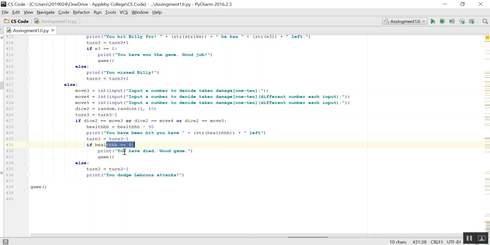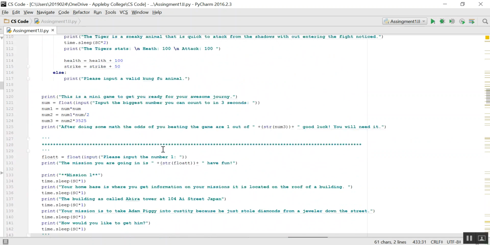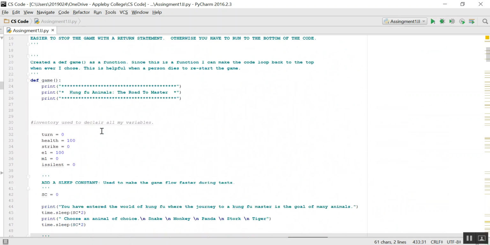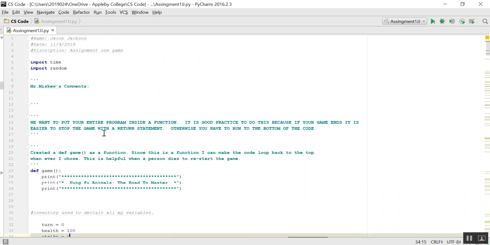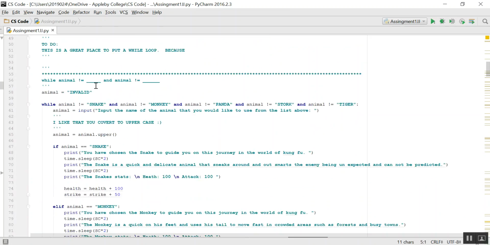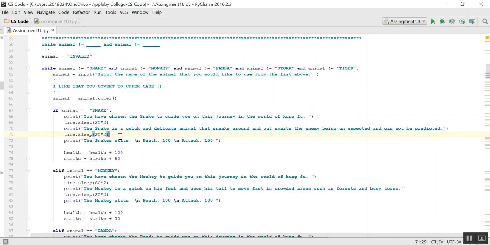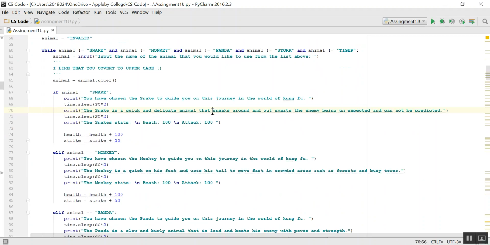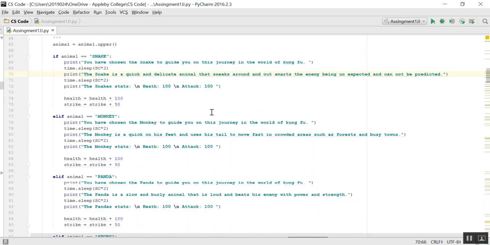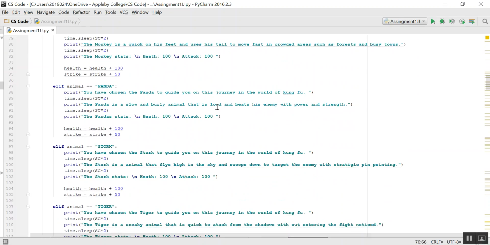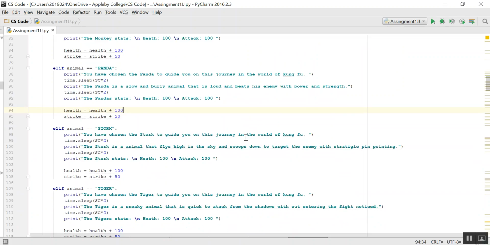So say if health is 0, you've died, good game. Scroll all the way to the top again. Boom. Def game again. So also, time we imported to use time sleep, basically a break between each group of words, so the user has time to read the statement before they move on. We use this \n to create more of a list in our program,